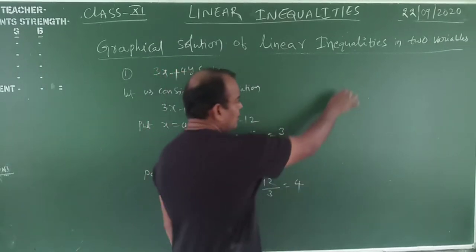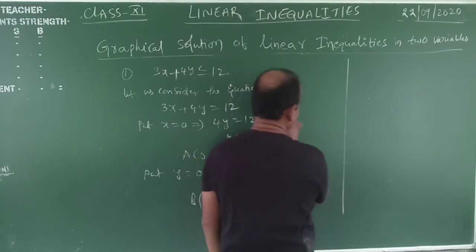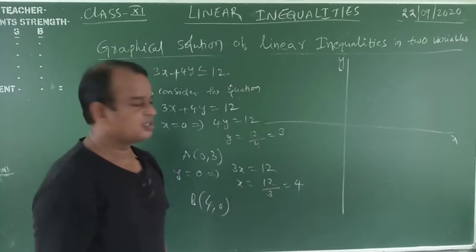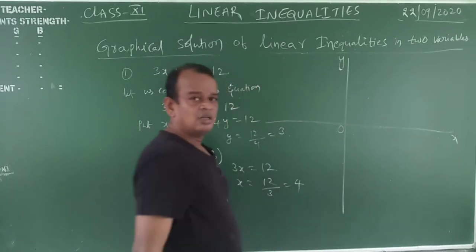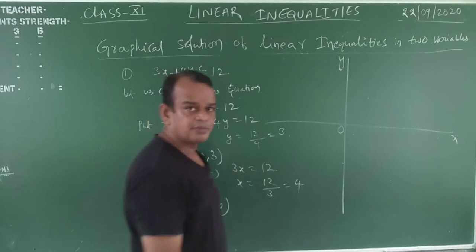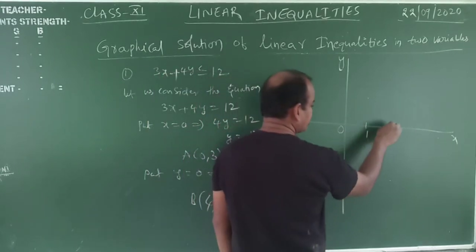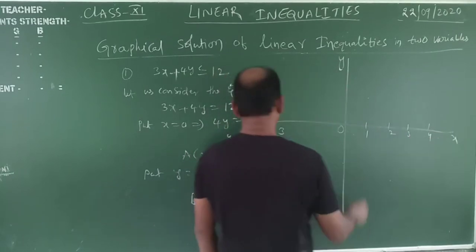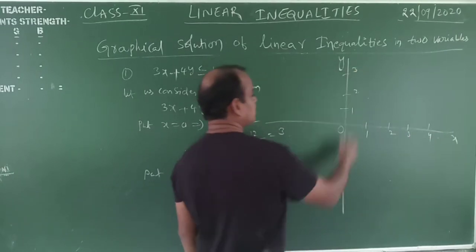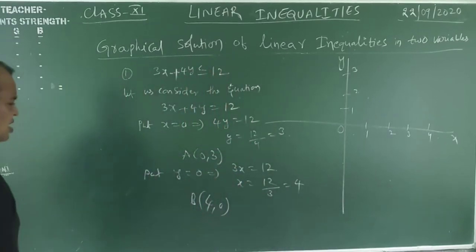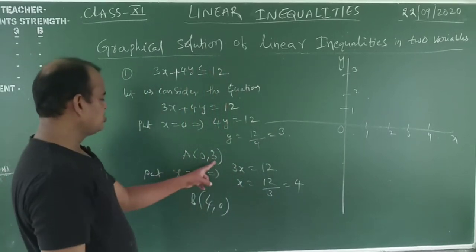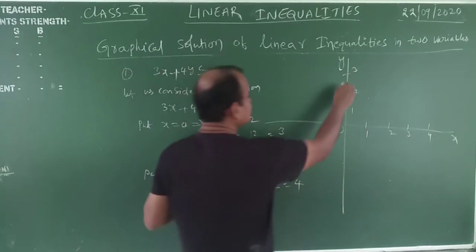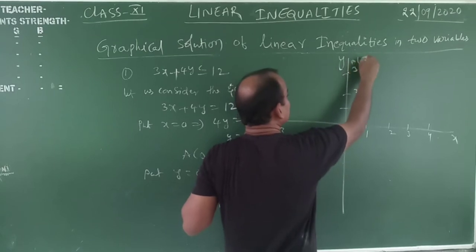Now we will take the y axis and x axis. Okay, no problem with x axis, y axis. Now this is 100% origin. Right side positive values, left side negative values, upper side positive, lower side negative. You will take the graph paper, better. Okay, 1 2 3 4. Here 1 2 3. Now observe, what about A value? A value is 0 comma 3. Here x value is 0, y value 3 means the point lies on the y axis. This is the point A, 0 comma 3.